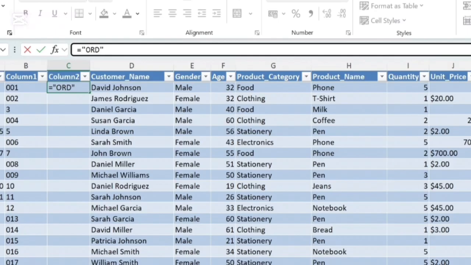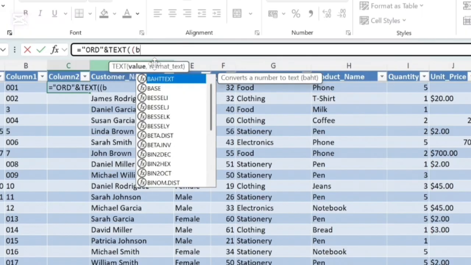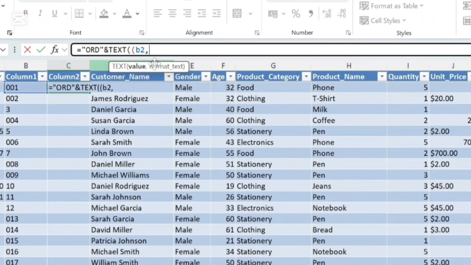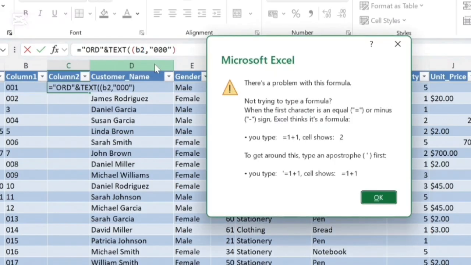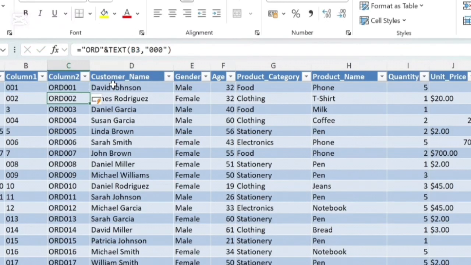RD and text B2. Now the new column we have that has only numbers and fix that. So as you can see, we have rebuilt the entire order ID column, and when we sort to see whether